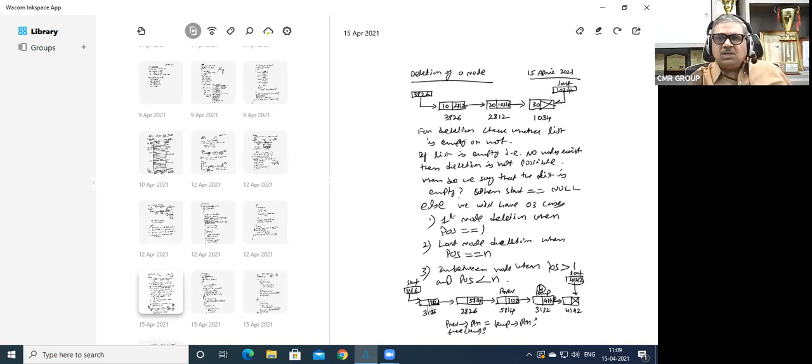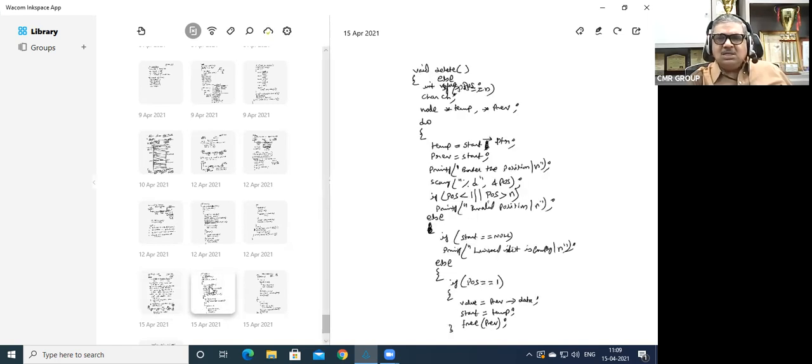But we are deleting if pos is equal to 1. This is the node to be deleted, that is previous. Sorry, previous we have to do, not temp. Then free previous. That is the reason we are doing, if pos is equal to 1, value is equal to previous arrow data we are assigning, and start is equal to temp we are giving. Actually, start is equal to temp is also not required, because it is stored in free previous you are doing it.